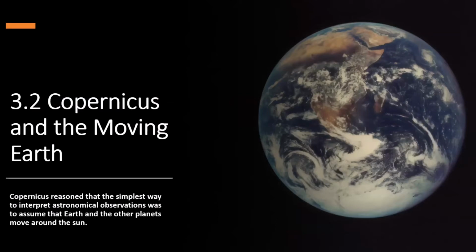So along comes Copernicus. Copernicus and the moving Earth. So Copernicus reasoned that the simplest way to interpret astronomical observations was to assume that Earth and the other planets must be moving around the sun. This is probably an Occam's razor type event where the solution that had the least complexity must be one worth exploring. And as Copernicus explored this idea that the sun is the center of the visible universe, being the solar system at the time,